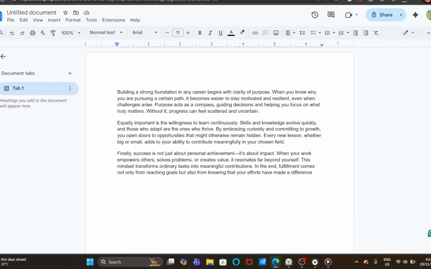In today's video, I'm going to teach you how to change paper size in Google Docs. First, open your Google Docs. Go ahead and open the specific document you want to format, whether you're starting from a blank file or adjusting